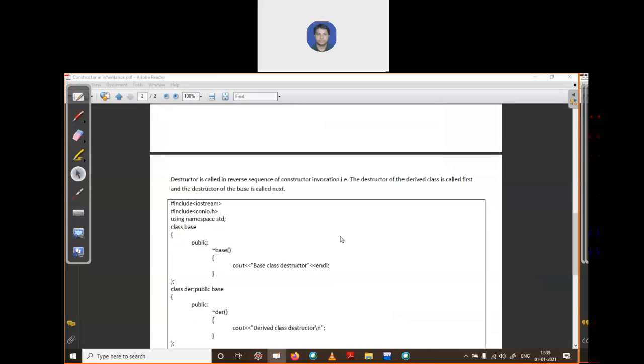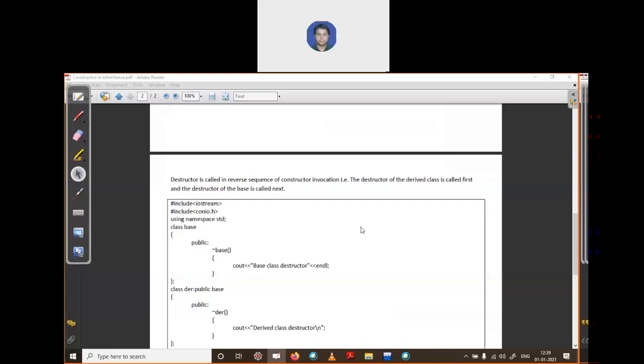Now see the destructor. If you recall the concept of constructor and destructor, a destructor is fired when the scope of the function ends. Means when you're at the end of your program, your destructor will fire and deallocate all the memory allocation.